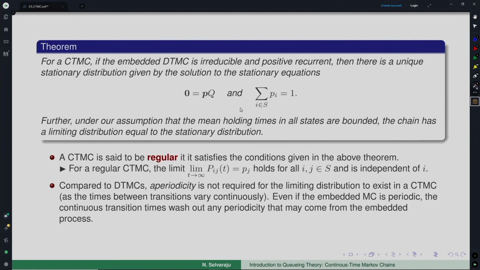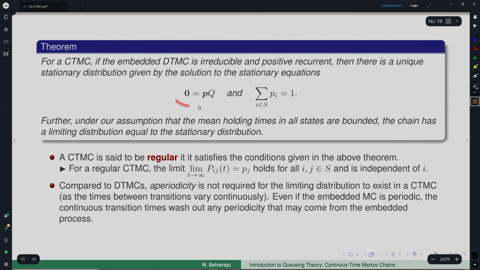Just like in the discrete time Markov chain case, you have to find P to the power n to get the transition probabilities and then let n tend to infinity. Instead of that, you solve pi equal to pi P and then you obtain that same quantity. Here, 0 equal to piQ is the equation that you need to solve to get the distribution, right? If you get these pi's, and if they form a distribution, then that is the stationary distribution and also the limiting distribution under the conditions given in this ergodic theorem, and that is what you want to look at.